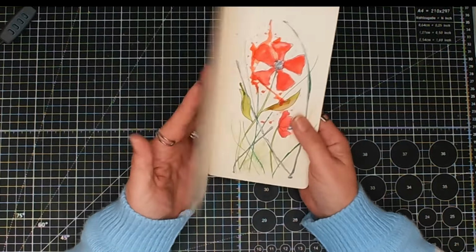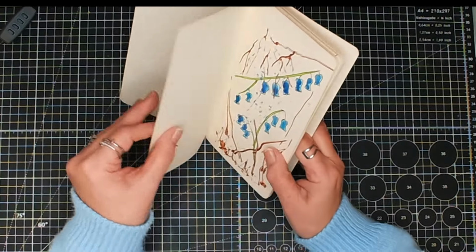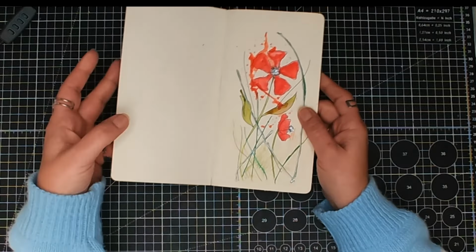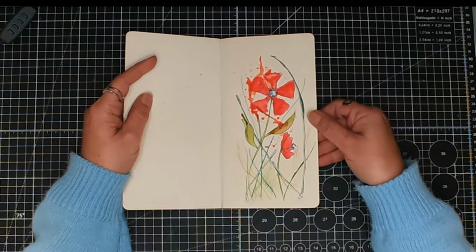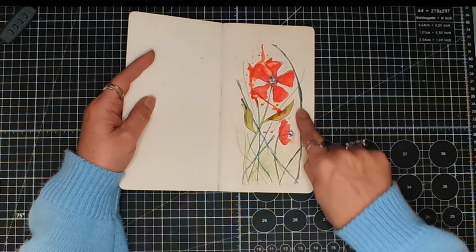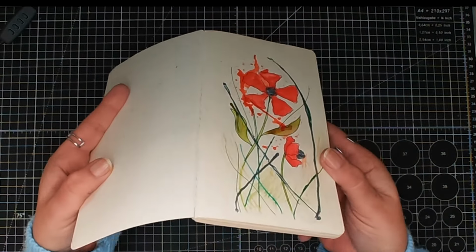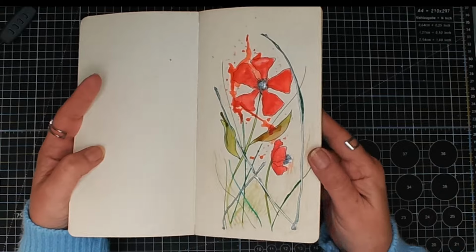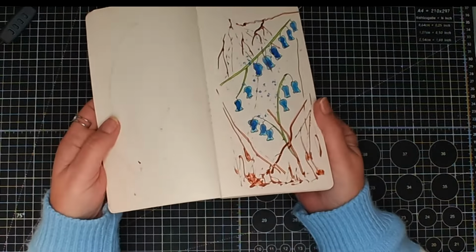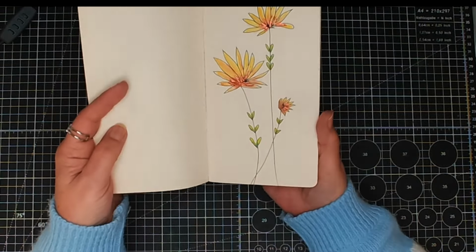I cannot remember where I got this from. But this is mixed media. It's quite thick. It's like card. And I've used this to do these flowers with the Pebeo Cern Relief in. So you can probably just about see that Cern Relief if I move it about a bit. There we go. So these have all...